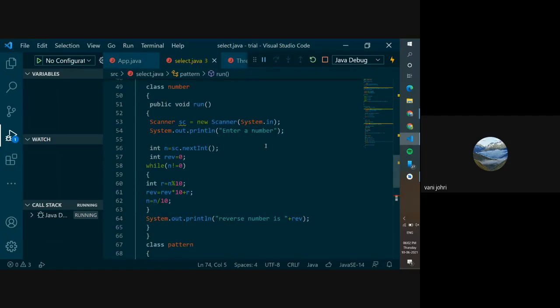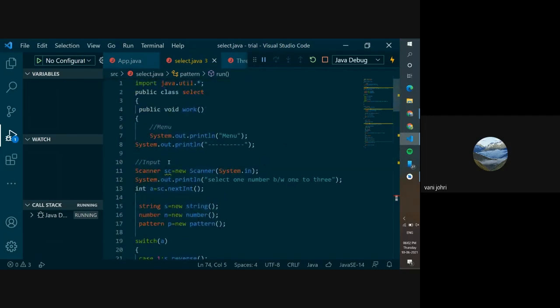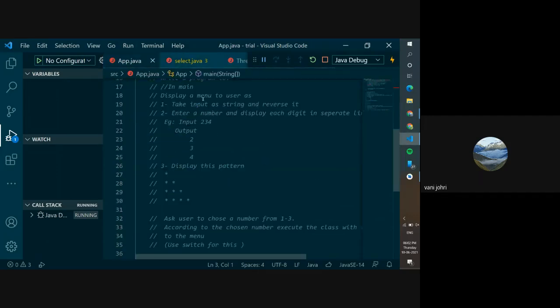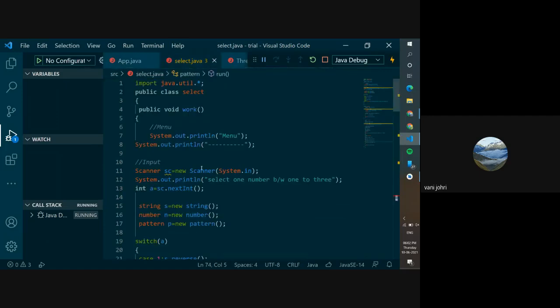And I would most probably just add 1 or 2 more options to your menu. And tomorrow I want to see a proper menu, like a proper format menu. It should have 1 and something and 2 and something. It should be changing line. It should not be just one whole line of text. It should be properly formatted. So pay attention to this. I'm already giving the rest of the code to you. Try writing it, try doing it yourself, and just use this code to check your errors.